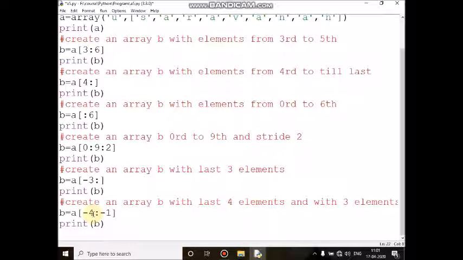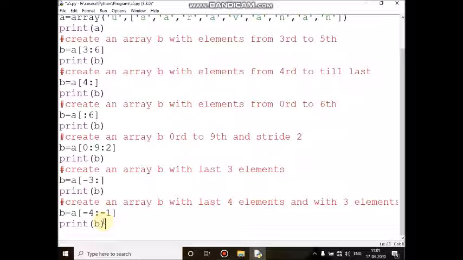The last 4 characters of the array are A, N, A, N, but it will leave the 1 character from the right hand side, minus 1 character, so the output is A, N, A. The new array value is ANA. Okay, fine. We will see the output.